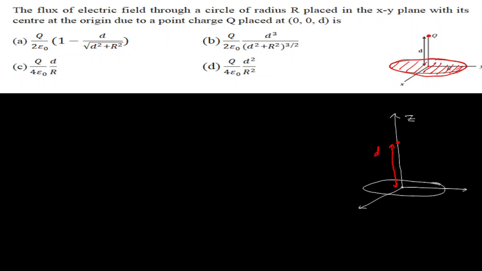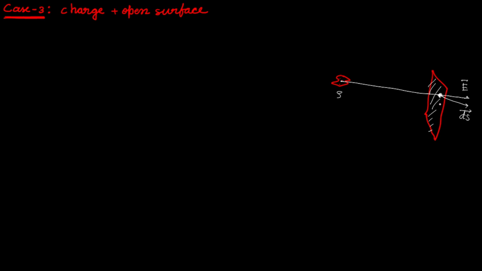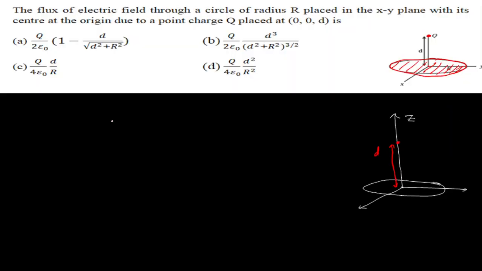As I told you here, if we want to calculate for this type of situation where instead of electric field we have some charge distribution and an open surface, first we have to consider a point on the given surface. So in this case, let's consider a point here. I am taking this point at a distance r from the center of the circular loop,